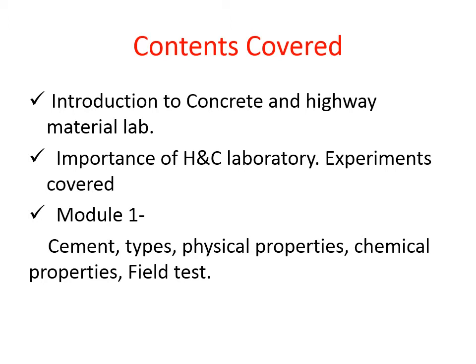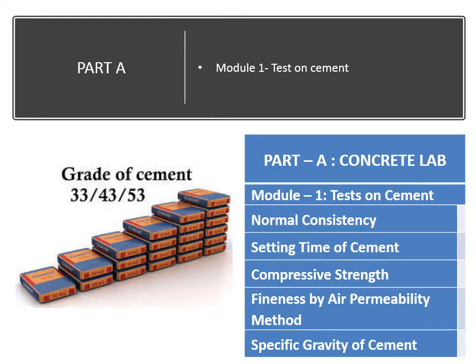That is module 1 from part B covers test on aggregates. Module 2 from part B covers test on bitumen, and module 3 from part B covers test on soil. So basically you will be testing cement, concrete, aggregate, soil, self-compacting concrete, bitumen, and so on. So all these building materials, you are supposed to check the physical properties as per the Indian Standard Code. So as I said, module 1 basically covers cement and concrete types.